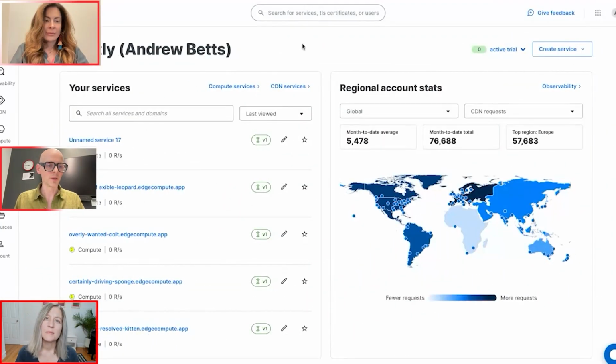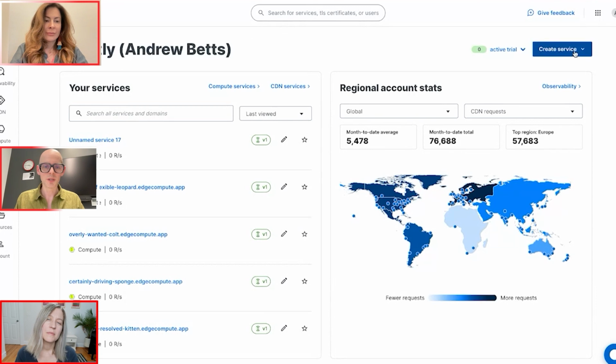And we've been trying to do more of that with Fastly as well. So, we launched free developer accounts a couple of months ago, and we are trying to make it as easy as possible for developers to get started with the platform. Can I give you a quick demo of setting up a Fastly app on our compute platform and show you how easy that is? Okay, so here I'm logged into the Fastly web interface,